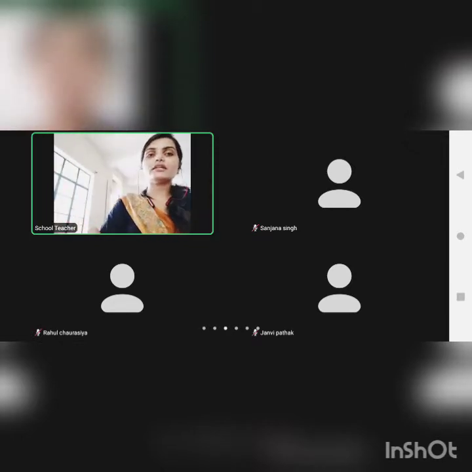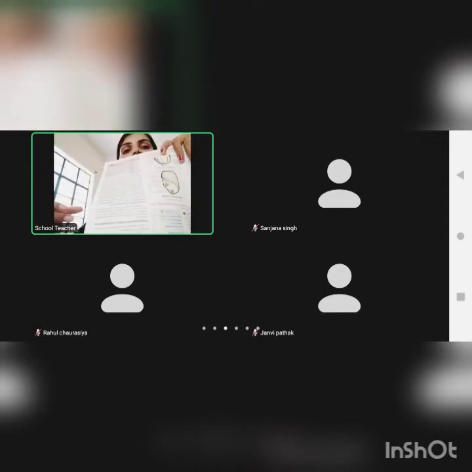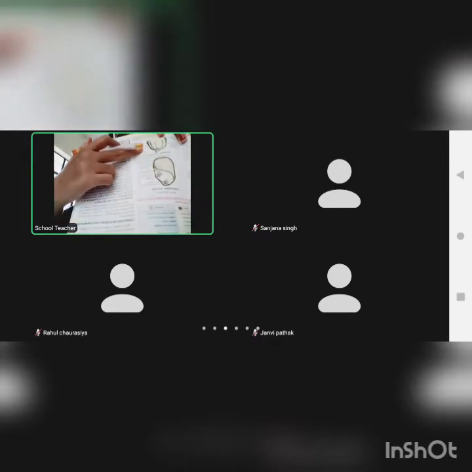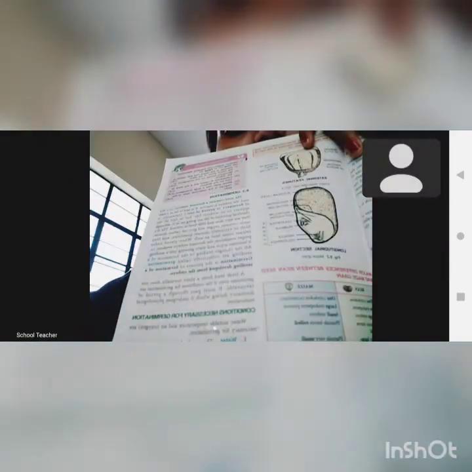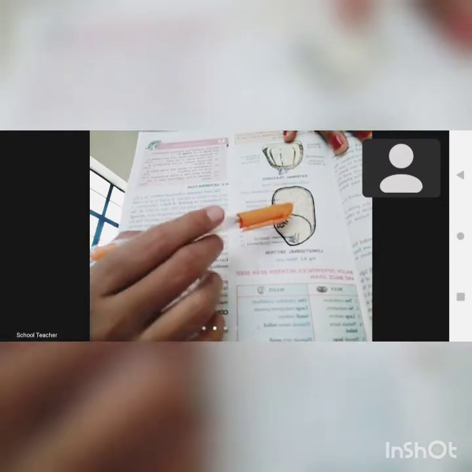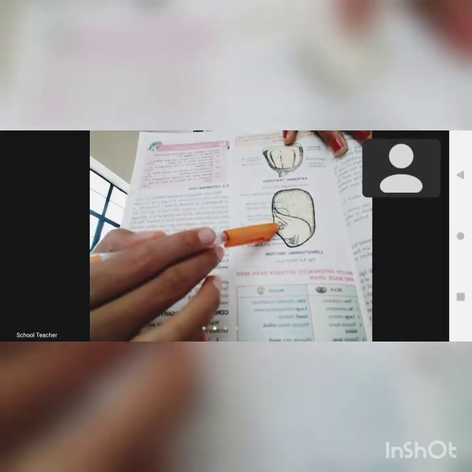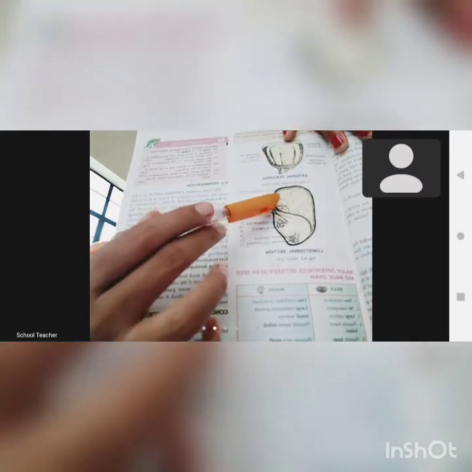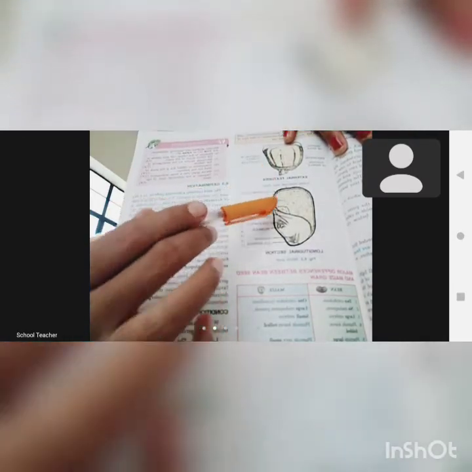Now all of you see the diagram given on page number 49. See this diagram of maize. Are all of you able to see this diagram? See, here no bifurcation is found. That means this seed is a monocot. So in monocot, which seed's example is given? Of maize. This is a seed of maize.